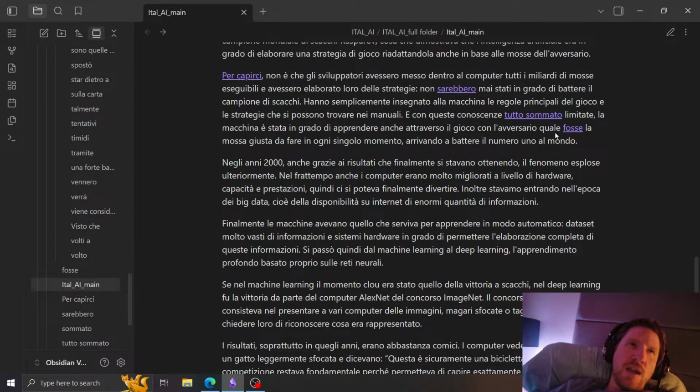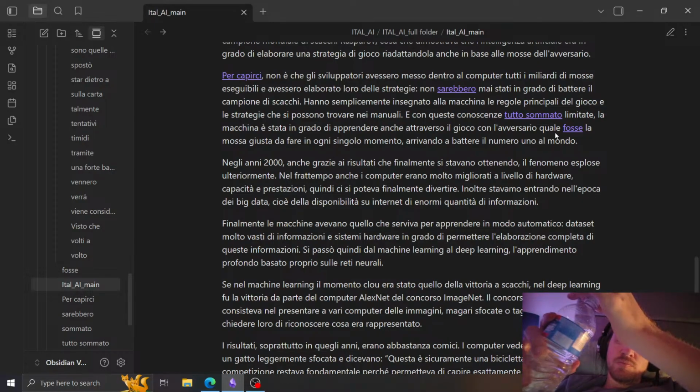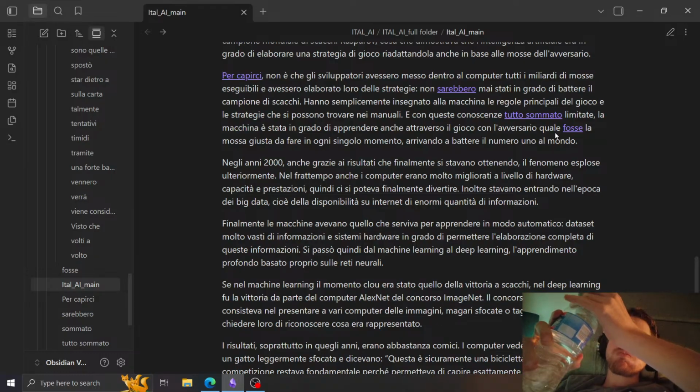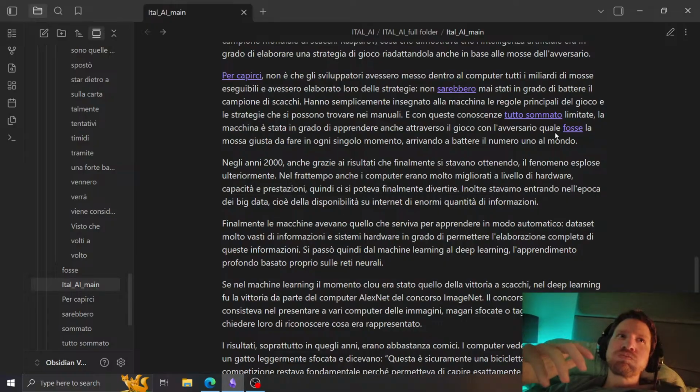Okay, and you do the same thing with sia instead of fosse? Exactly. So when you use sia, it's a subjunctive as well, and it expresses that same kind of hypothetical or indirect nuance. Can you give me an example? Of course. For instance, you could say non sapeva quale fosse la scelta giusta, meaning he didn't know what the right choice was, using the subjunctive. Versus if you said non sapeva quale è la scelta giusta, that would be more direct, less hypothetical.